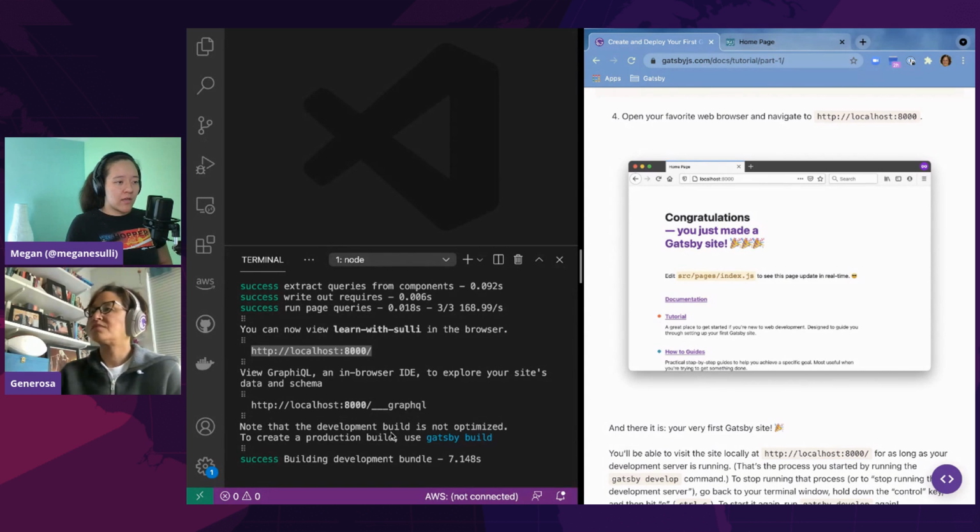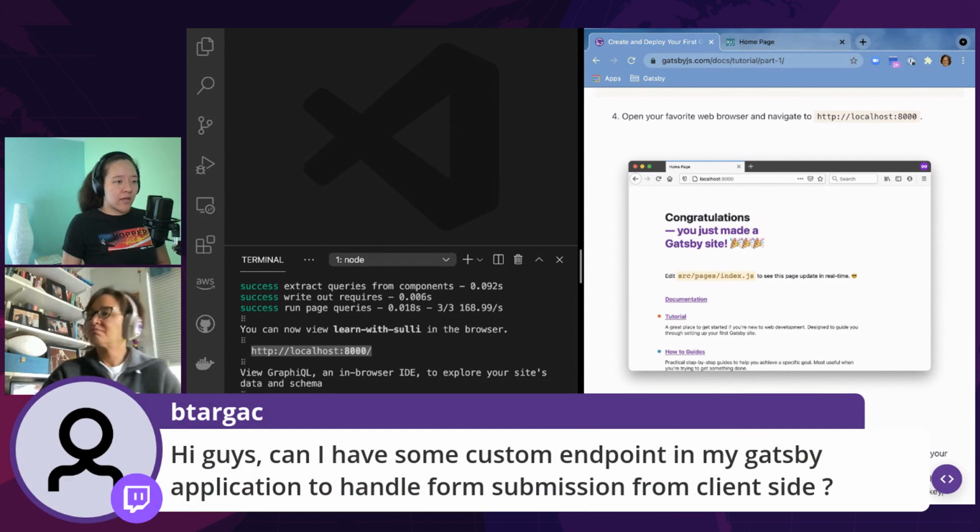Okay. Can I have some custom endpoint in my Gatsby application to handle form submission from client side? I mean, I created a site with a form submission that was a third-party form, but the question is kind of unclear.